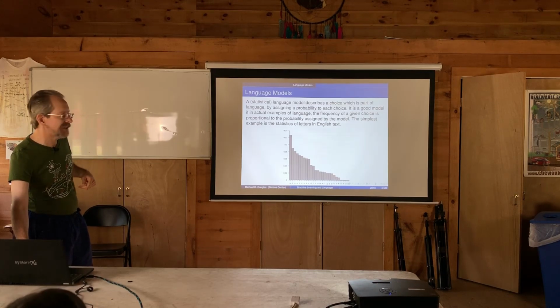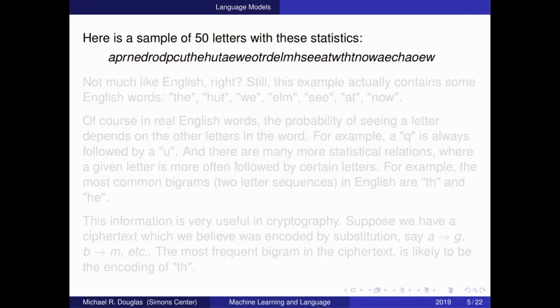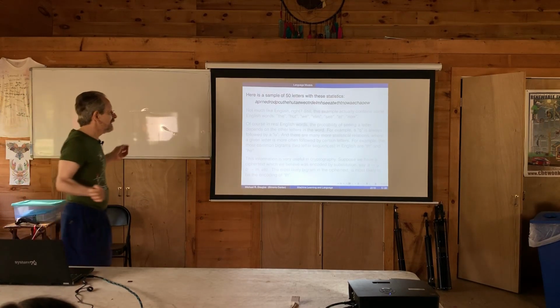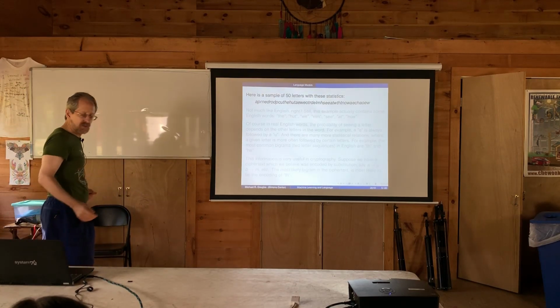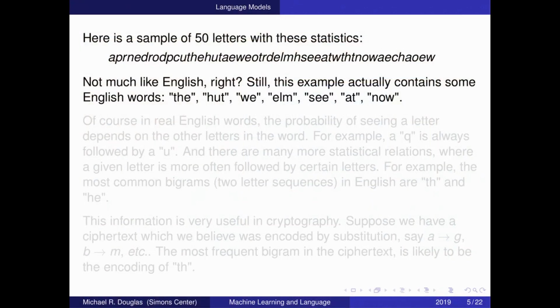Well, of course, we could generate text by that model. We could just pick letters according to those probabilities, and we would get things like this: A, P, R, N, and so forth. It's not English, obviously. It has properties like English, okay? And then you can even see words in it. You got thee, you got we, you got now, and so forth. Total chance, obviously, but a sort of meaningful total chance, because if you just took the letters all with the same probability, you would not see words. You would see very, very few words, and now we're seeing words. So we have captured something about English, but only the tiniest bit.